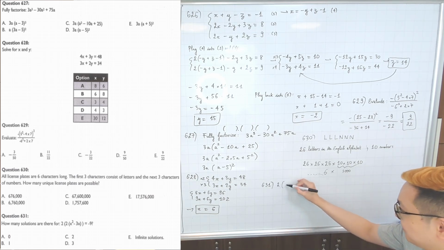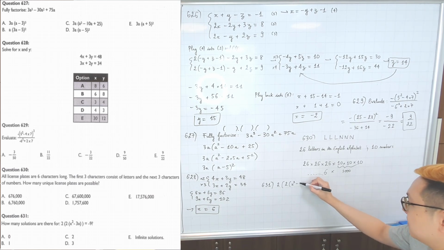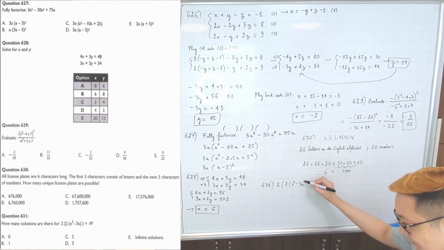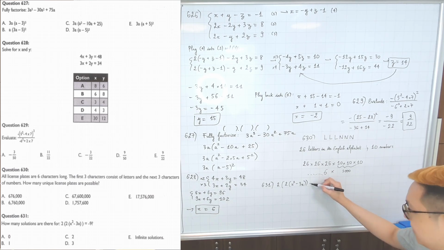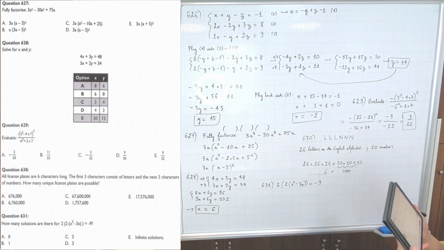So 2x squared minus 3x equal to minus 9. How many solutions? Okay, so should be